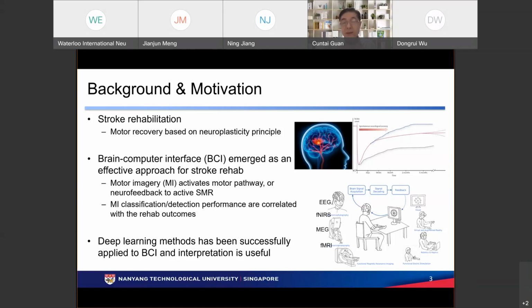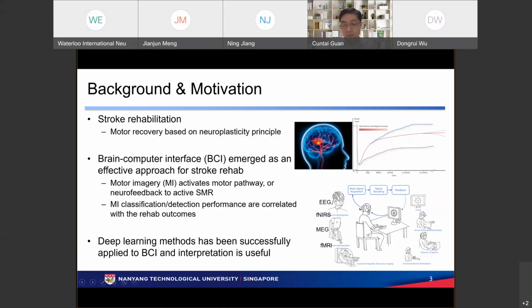In our study, we mostly rely on the first scenario. We ask the person to imagine or attempt to move, so they can activate the neural pathway, and they can repeat the same thing. In general, any BCI-related rehabilitation system works in this way. You look at the sketch here. There's